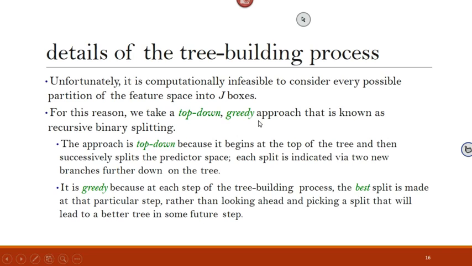You select one at a time, and then you go further with it. Greedy here means greedy at the current step: we don't care what's going to happen next. We care about the current step. What is the best split that I can make? What is the best predictor that I can select? And the best cut point that I can choose to minimize the residual sum of squares. At each step. That's why it's kind of greedy at the moment.